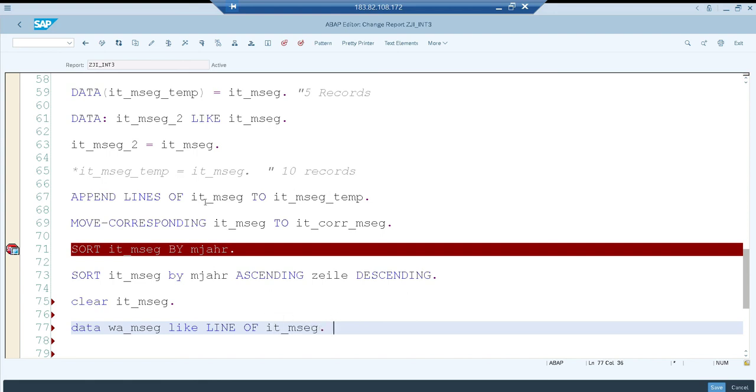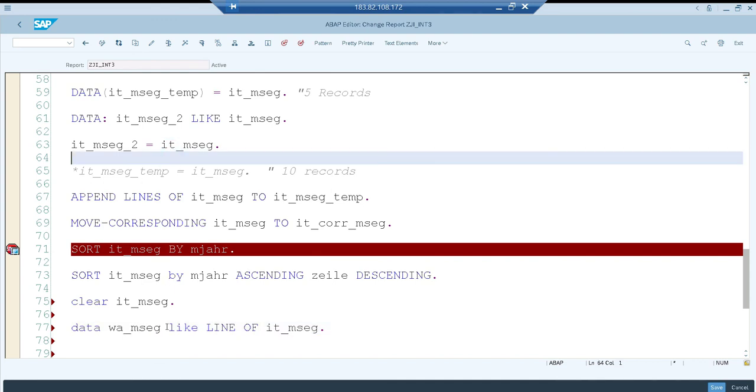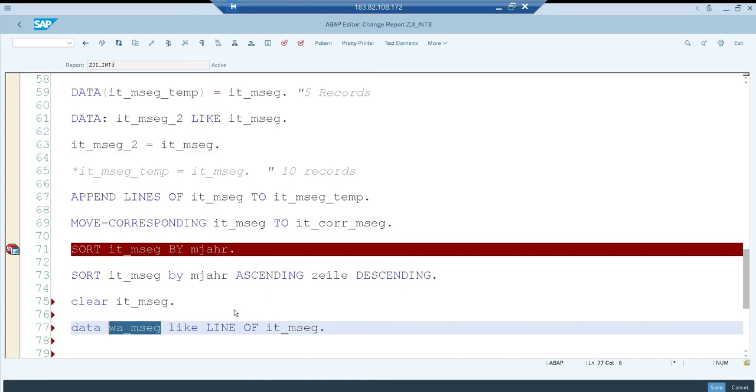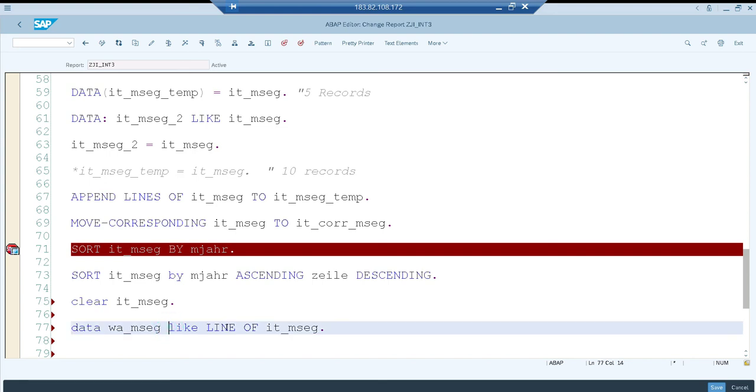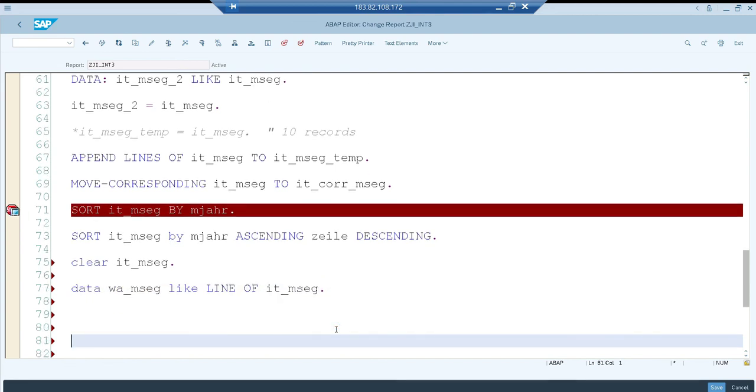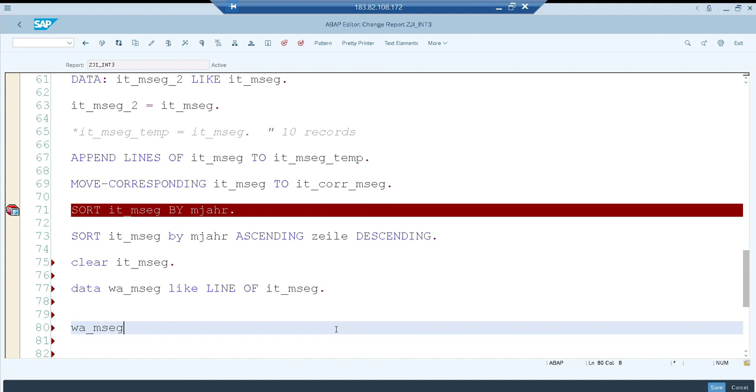Because here we used most of the declaration on the fly, that is the reason I didn't have any structure to declare it. So this is another way. I want a work area, but it should refer to the body of an internal table. So then use a syntax called line of. You use type table of or type structure name, but this is a little different. It shows like line of. What happens is it creates a work area by referring to the body of an internal table. Okay, so now MSEG